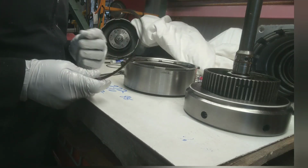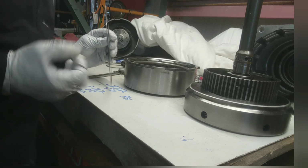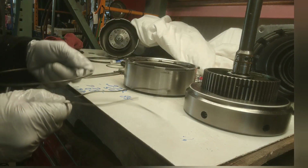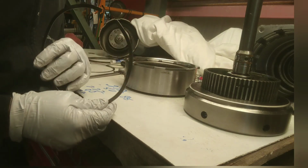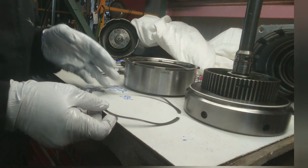Let me explain to you the difference between a wavy snap ring and a flat snap ring. Now, this is a wavy snap ring. See? I mean, it's pretty obvious. What does this do? Why is it wavy? Why does it have this contour? Well, all right, so